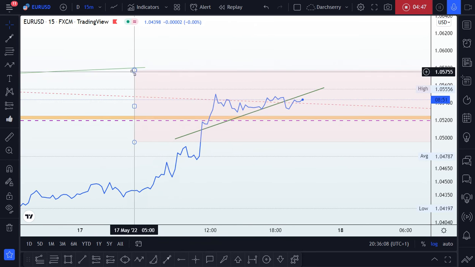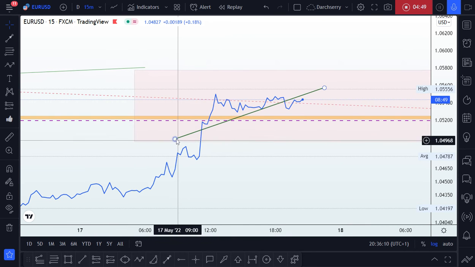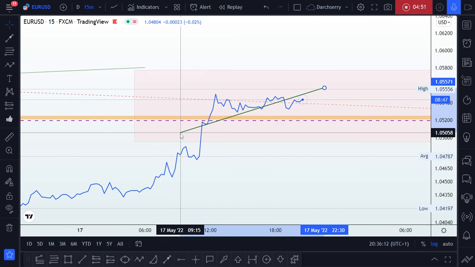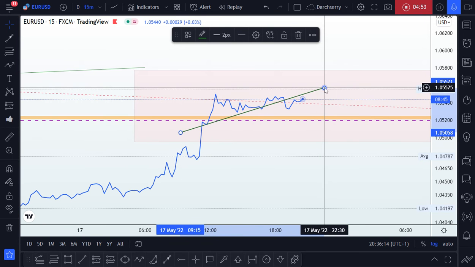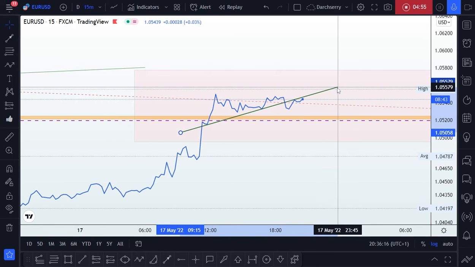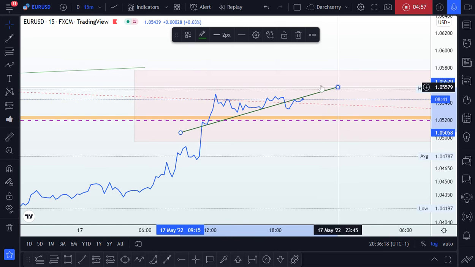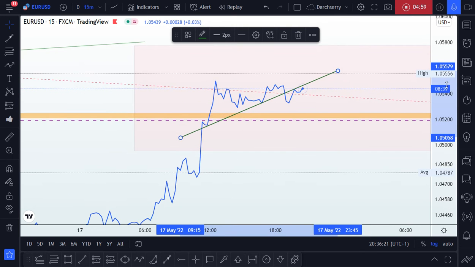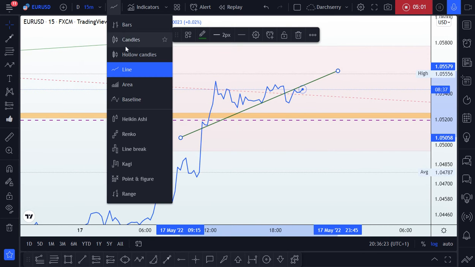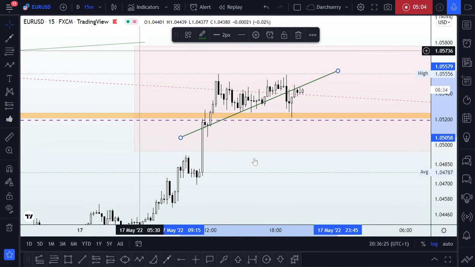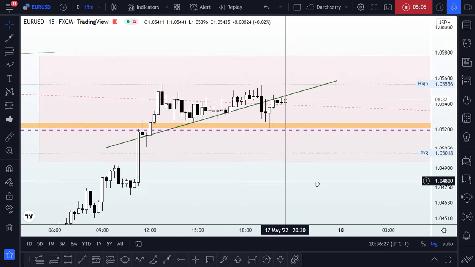If I pull out my line chart at this point and run, I noticed that there is a bullish trend line right within this 15 minutes time frame that appears to have been broken, and is presently doing a retest at this point. So bringing back my candle chart and looking at what structure is giving us,